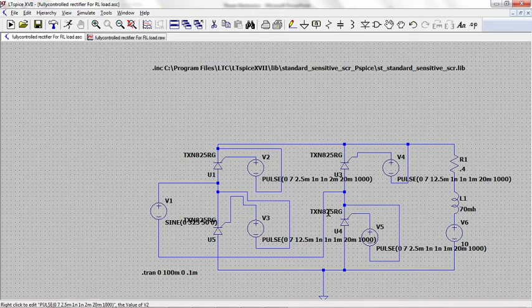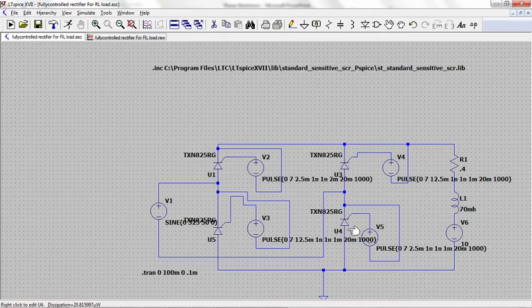So these SCRs will turn off as soon as you fire these two. This way of turning off these two SCRs is called natural commutation. Commutation means turning off any SCR. So here these two SCRs are naturally commutated because we have turned on this, so that reverse potential is applied automatically to these two. Similarly, in the next half cycle, we fire these two, automatically these two will turn off.